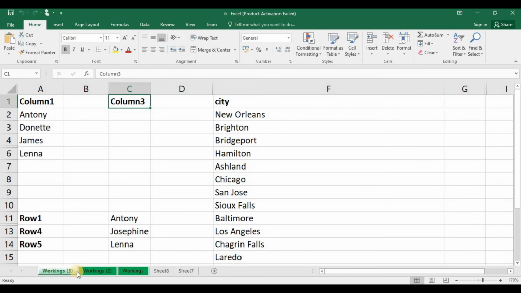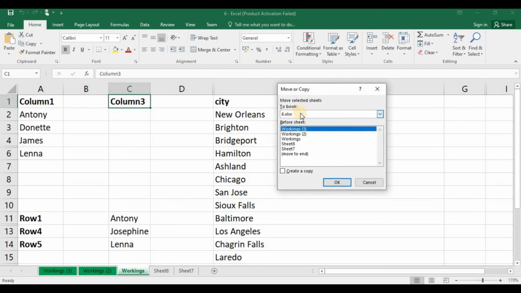You can move this sheet from one Excel file to another Excel file. To do that, go to the sheet you want to move, then press Alt-E-M. In this window, choose the Excel file to which you want to move this sheet. Please note that if you want to move sheet from one Excel file to another Excel file, you should keep open both the Excel files. Here, I have opened only one Excel file. Due to that, it is showing one name in this drop-down. If you have opened multiple Excel files, then it will show all the opened file names.